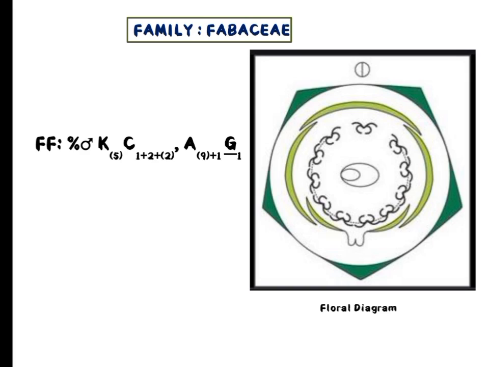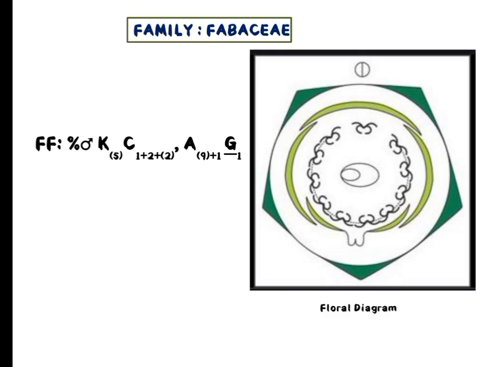Actually it is not shown properly in this picture. Imbricate distribution as well as valvate distribution can be seen in the Fabaceae family. And the mother axis we just put here, it is zygomorphic. That's why only a single vertical line is present on the mother axis. Then the vexillary distribution: 1 petal is extremely outward and 2 petals are in a twisted condition, twisted means 1 end is overlapped and 1 end overlaps. Then 2 keel petals are completely overlapped under the other 2 petals. So that is the vexillary situation.